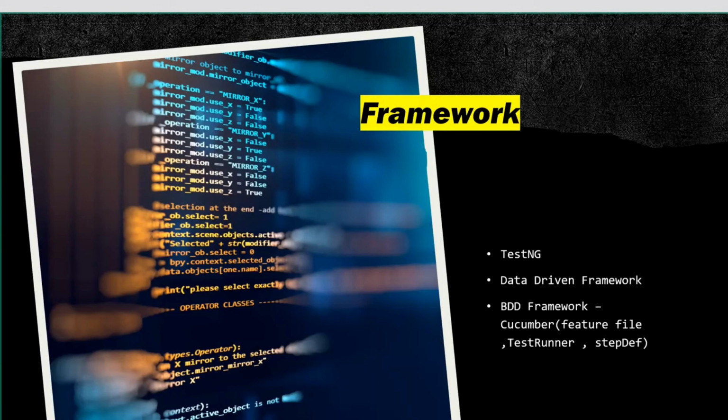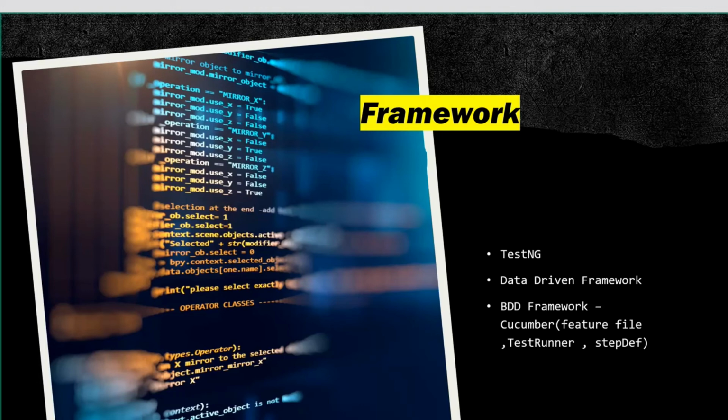By a common language. What is our common language? English. So in BDD we write our test cases in a feature file. That is the feature file concept in Cucumber. How do we write simple English? There are certain keywords: given, when, and then. You write your simple test cases in this feature file in simple English, so that they can be understood by other members of the team as well.